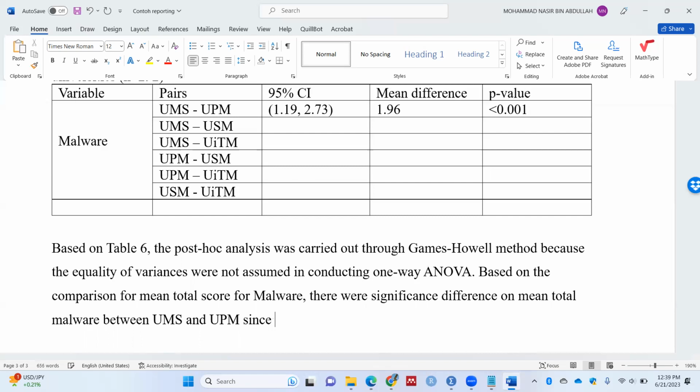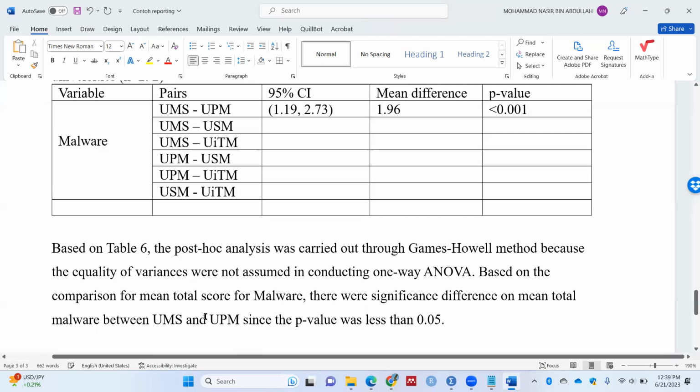So since the p-value was less than 0.05, right? So UPM here, UMS,